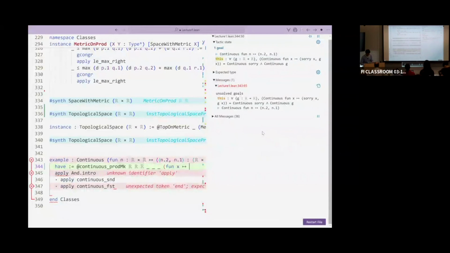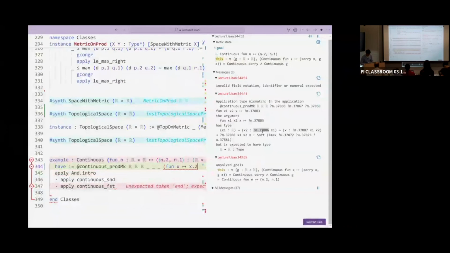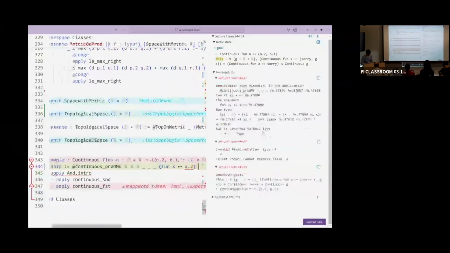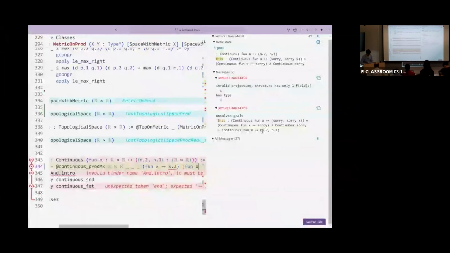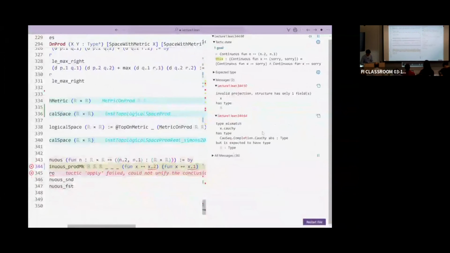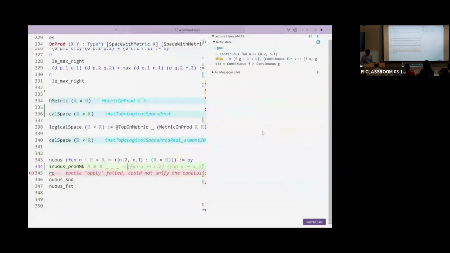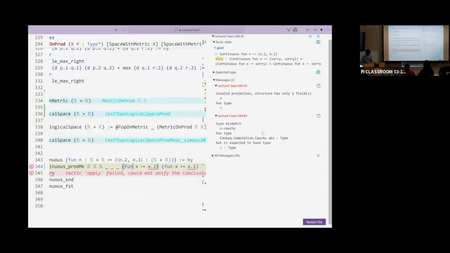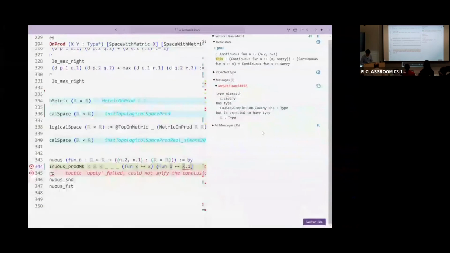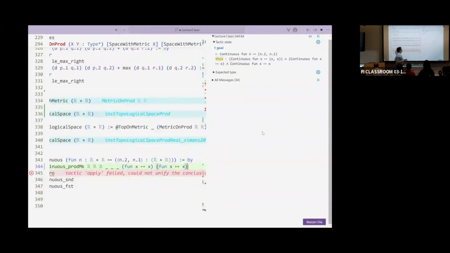Fun x goes to x.2. And this is fun x maps to x.1. The first one is R times R. Both are the identity. I don't know what I'm doing, sorry. I'm trying to do it too fast.